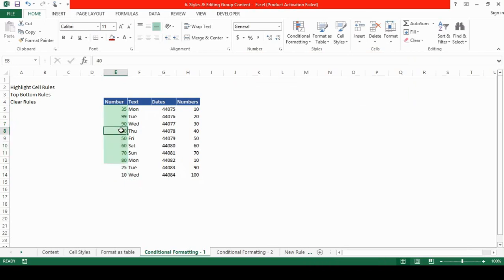If we change any number over here, say if I enter 10 instead of 40, you will see that 10 is below the threshold limit. That is why the cell is plain, it's not formatted. In this case, say if it's 25 and I change it to 50, you will see that the cell highlights the number in the format which we have chosen.